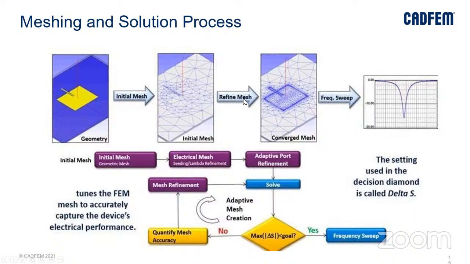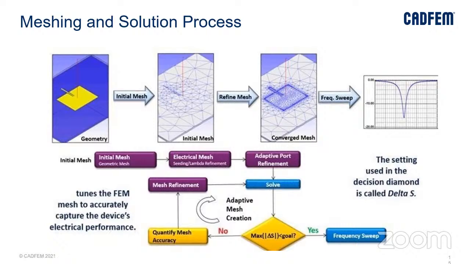Based on this flow chart, the entire structure will be refined and a refined mesh created, and we can obtain some fields, here in this case S parameters. So this is a convergence criterion. How is this convergence criterion met? The initial mesh is created, and